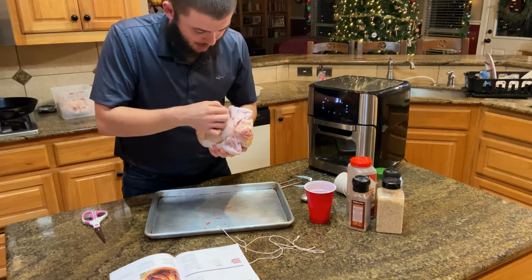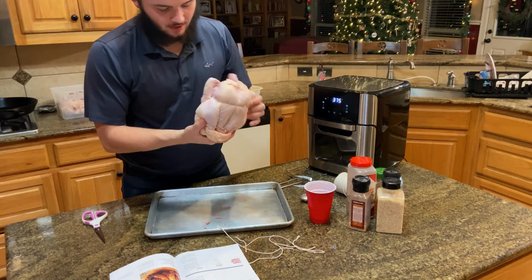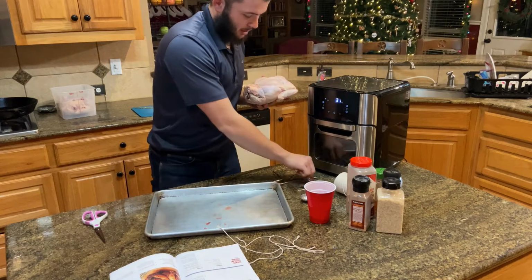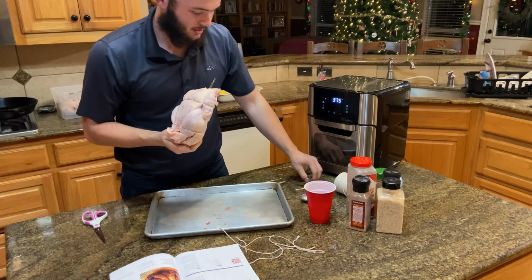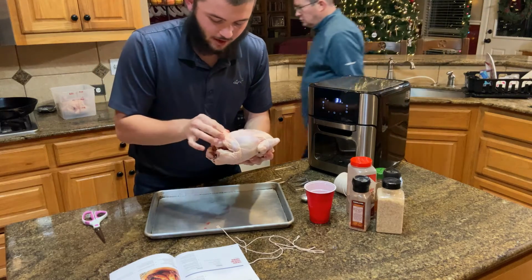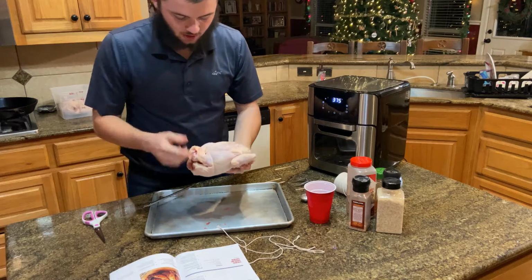Does that look like what they said to do? That looks good. Yeah, it'll hold together. What we're trying to do is this is going to be rotating on this bar, and the bar is going to hold it. There will be little forks. We don't want the wings and the legs kind of flapping around, so we're going to assume that's what it's